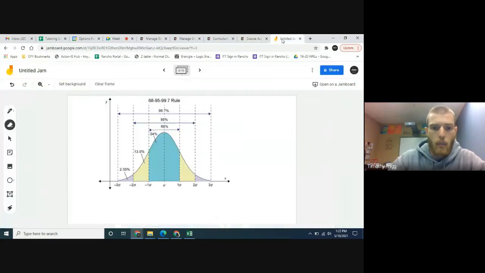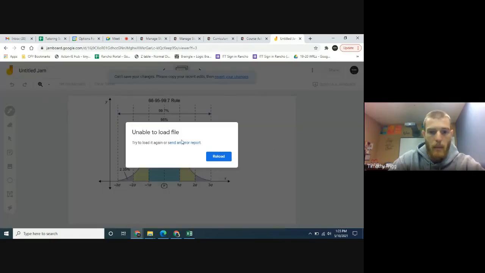So to start, I want to go over this thing. This is basically a normal distribution bell curve. Now, when you look at this, there's a few things to note. This thing right here in the middle, on the bottom,